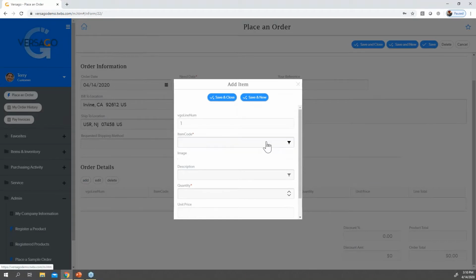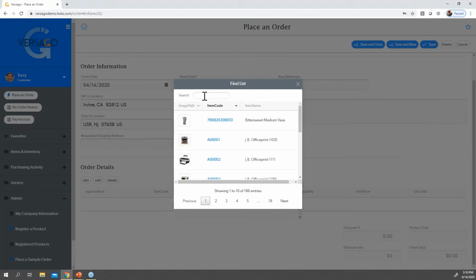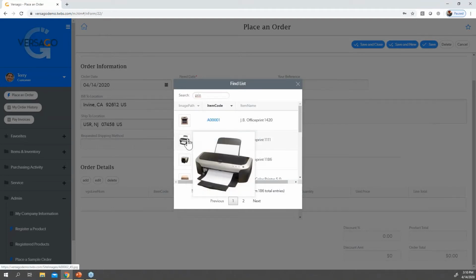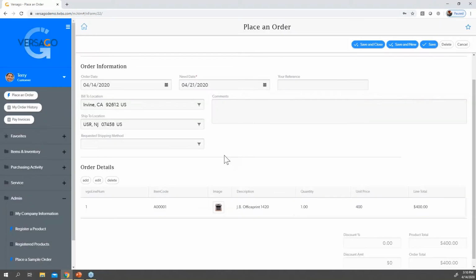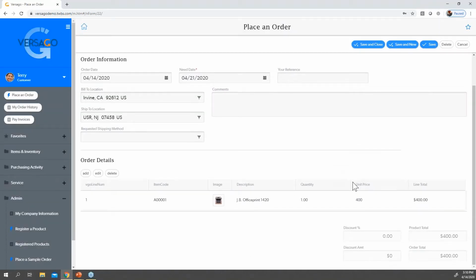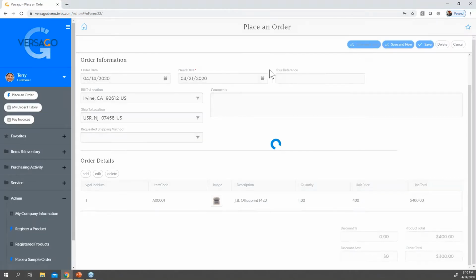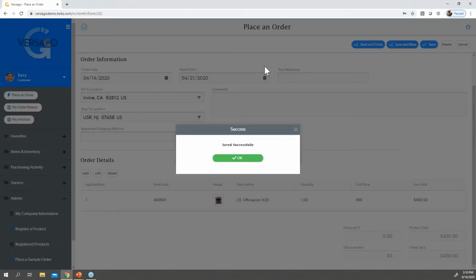And then what we're going to do now is we're just going to start adding row details. And this is where we can start looking things up. So I know that I need a printer. And if I hover over the image here, it'll show me a bigger image. I can select that item. It's going to grab my pricing from SAP Business One for that item. And then if I click Save and New, it's going to allow me to keep adding items. If I click Save and Close, I'm now in basically my finish my order, validate, and then I can simply click Save and Close here.